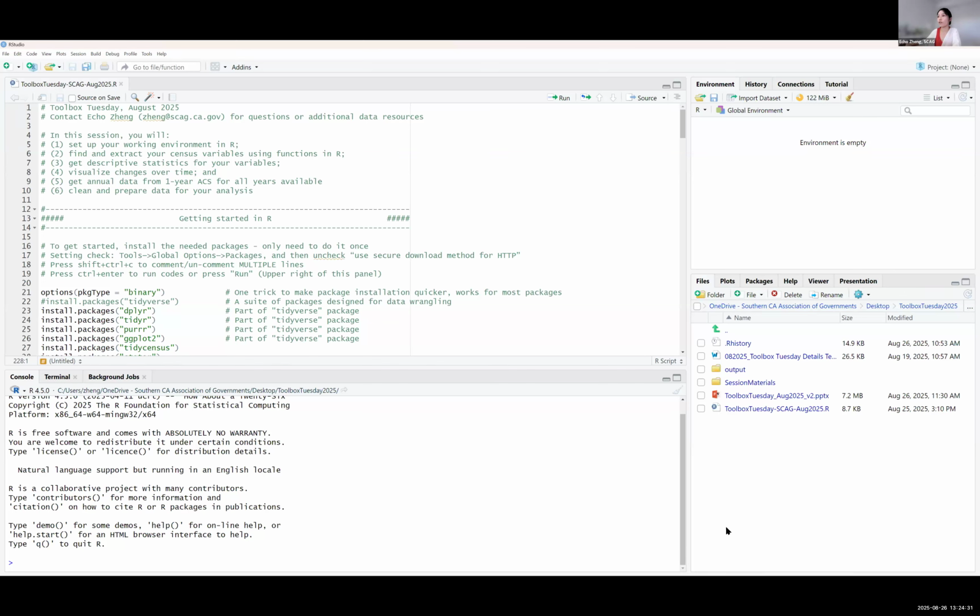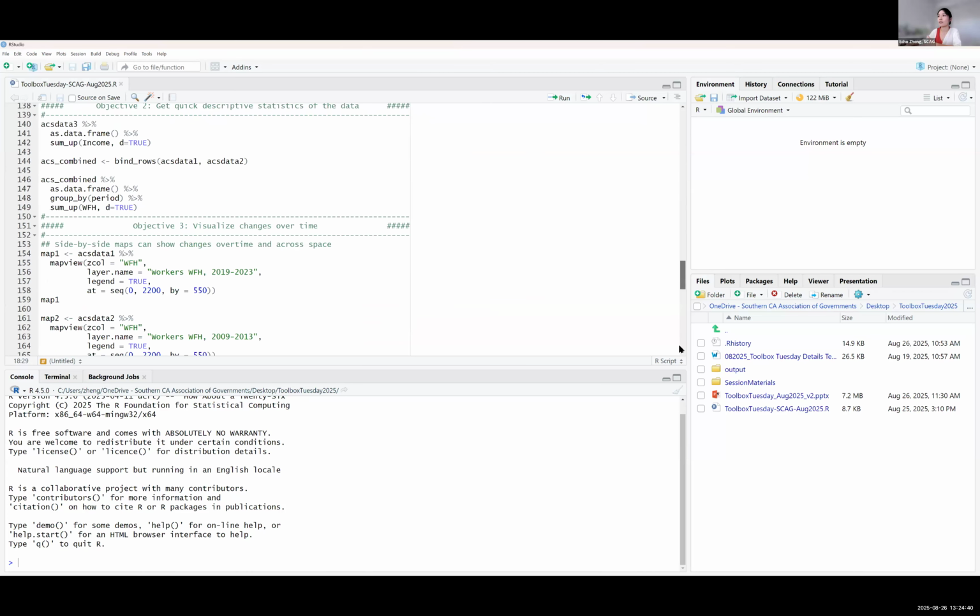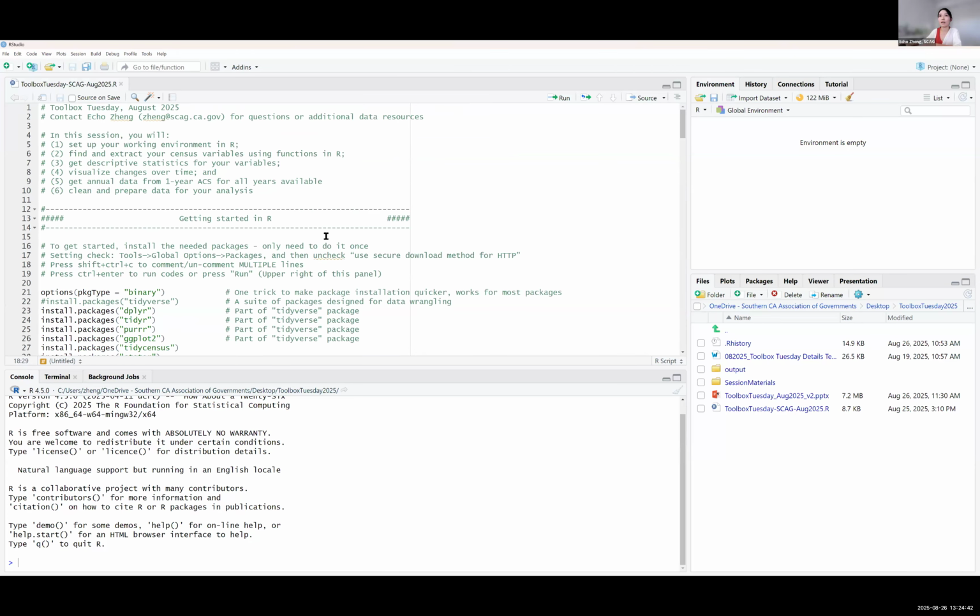You will see 4 different panels here. When I say script, this is the script. It has about 200 lines. We'll see if we can go through all of it today. And this is an environment. This is a different window. So when we run the script to generate a data frame or create some object, we call them objects in R, it will show up here. Later you'll be able to see it.